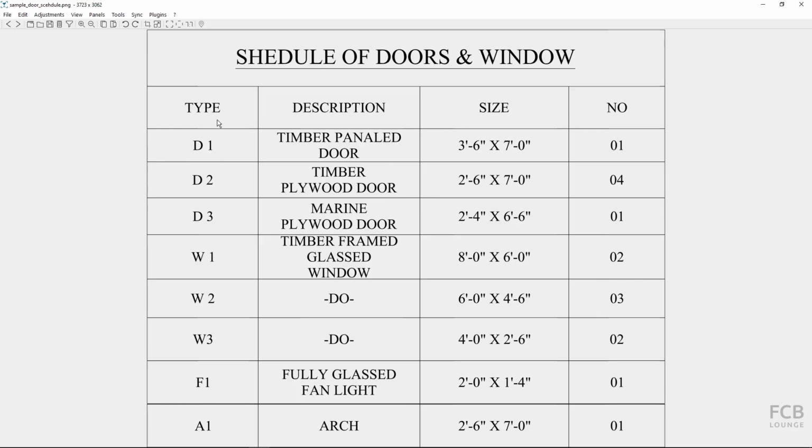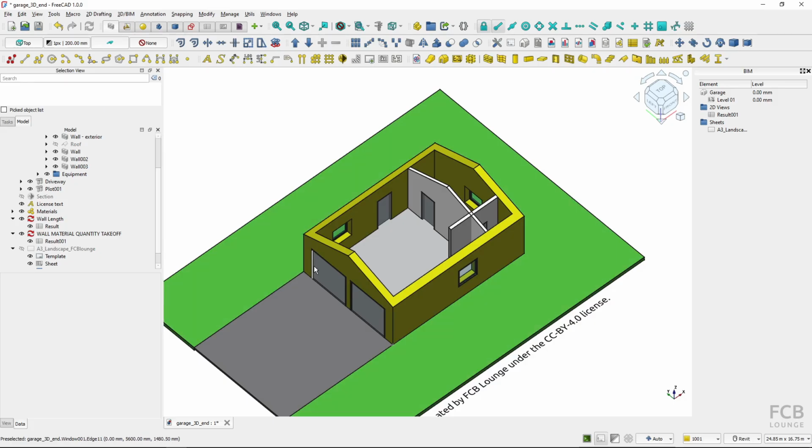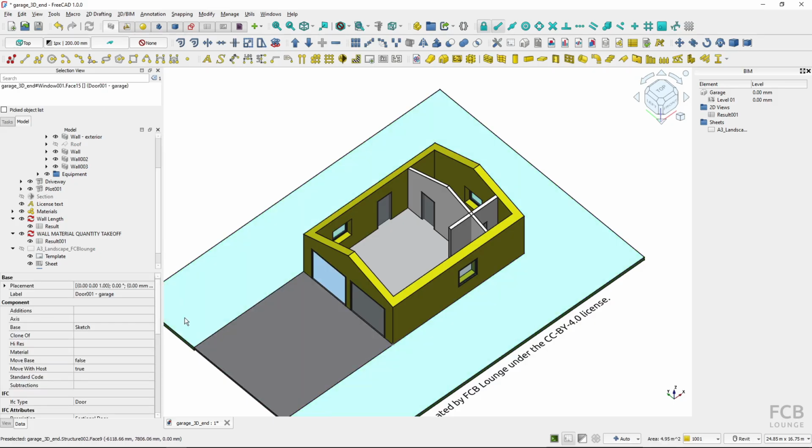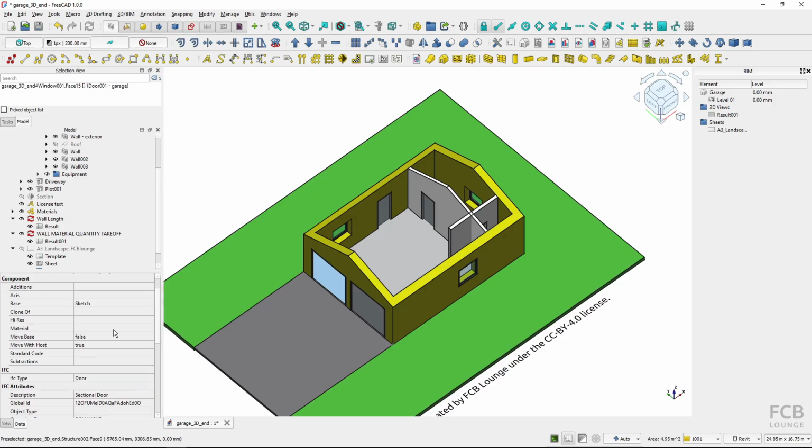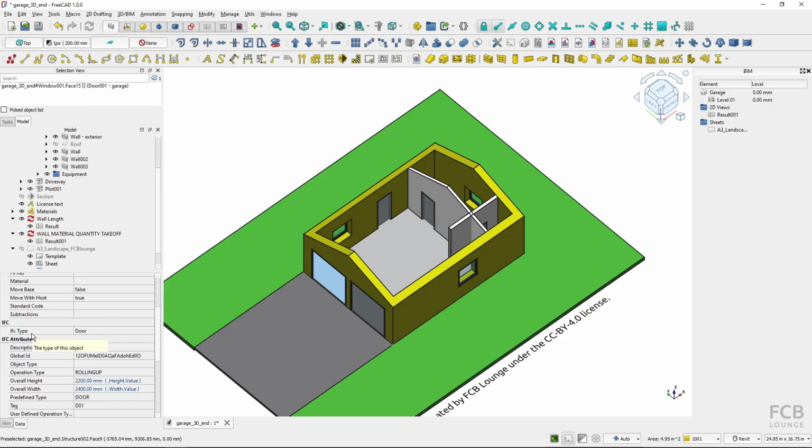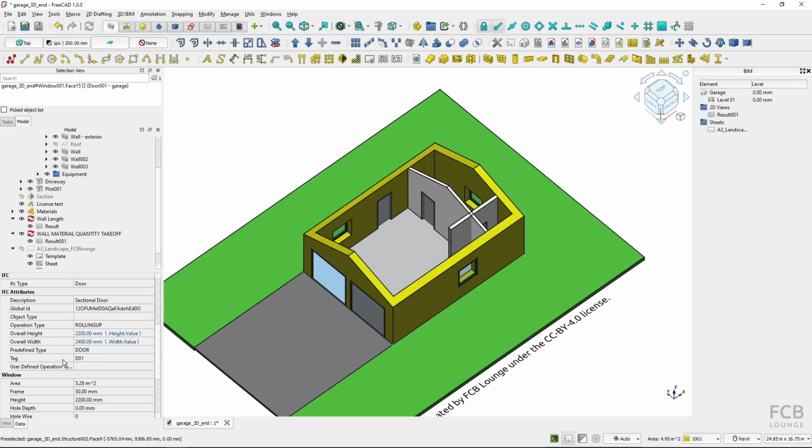And this tool is too limited to create a schedule like this, but I will show you what we can do with the schedule tool. So here in FreeCAD I've got several doors. I would create a door schedule, and you can see that the IFC type is door for the doors, which I will be using, and I again tag the door types D01,